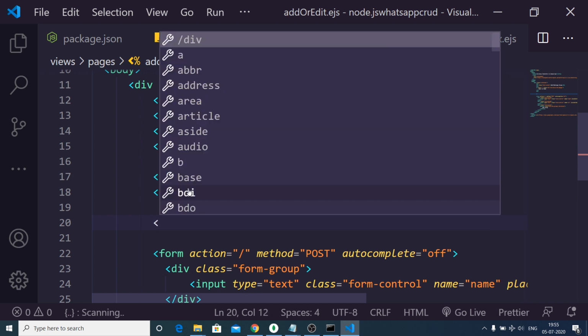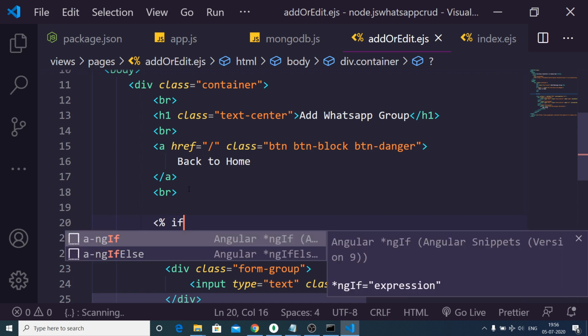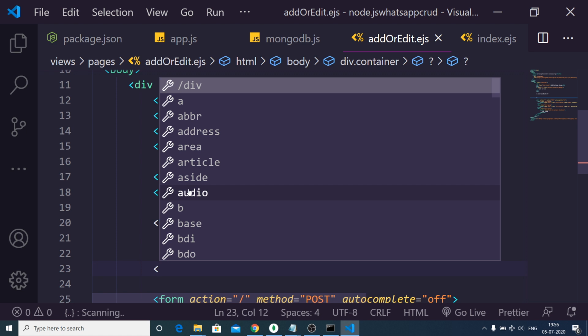There is a syntax you need to follow here, which is the angular brackets and then the percentage sign, and inside this you will write your if condition, if and a colon sign valid link, and then you will close this with this symbol once again.